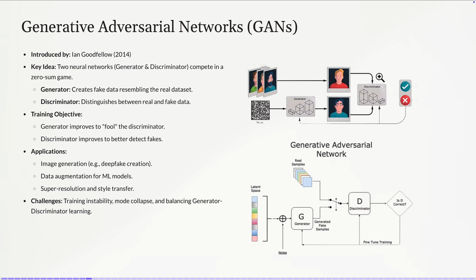So now, technically speaking, we start from a latent space, which is kind of random noise in the beginning, and these are the features. We will add noise to this latent space, and we will train the generator to generate fake samples. And the discriminator will compare the fake sample with the real sample. It will result in a loss, and then based on the loss, we will fine tune. Doing that over several iterations, we will be able to learn to generate.